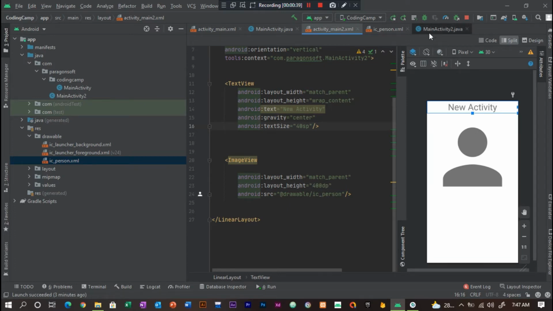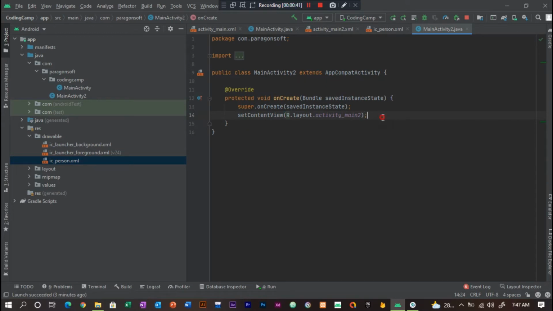How will we make a toast message? We will simply go to the Java file of activity2. Here we will make a method function, and then we will create a method in the Java file.